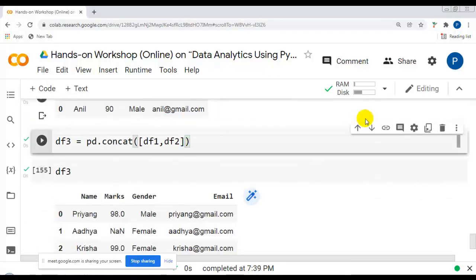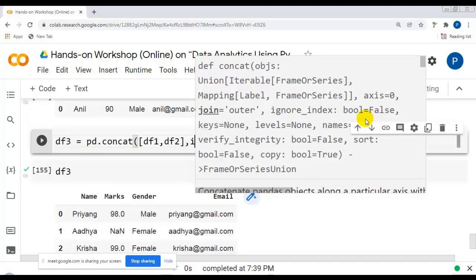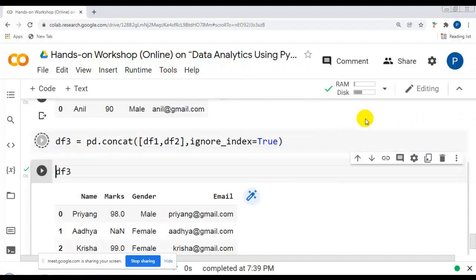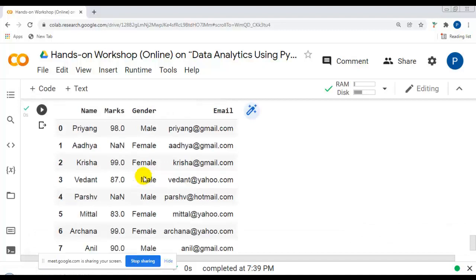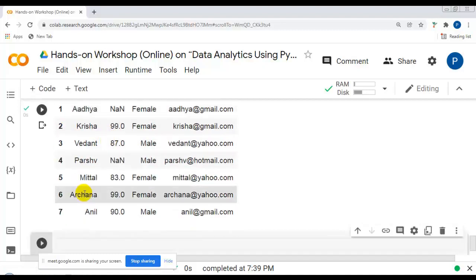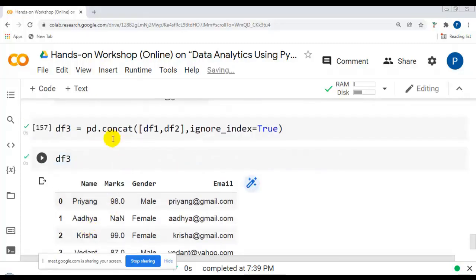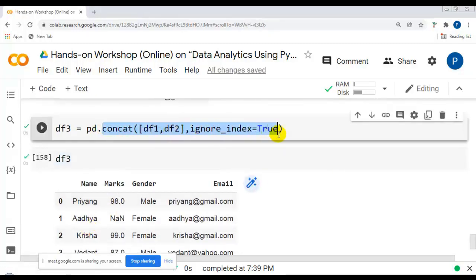So for that we have to write ignore_index equal to True. Let me execute this cell once again. Now you can see, if we are ignoring the index, it becomes one data frame: 0, 1, 2, 3, 4, 5, 6 and 7. So this way we can concat two data sets.